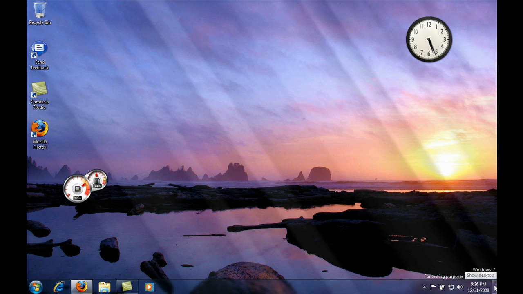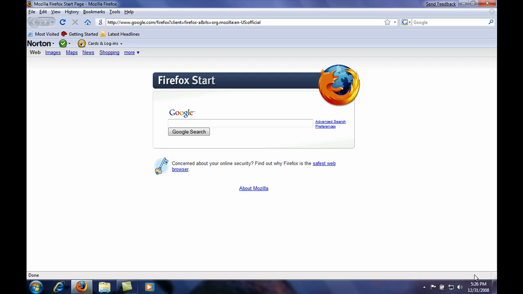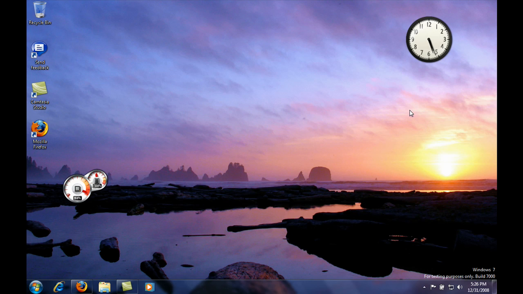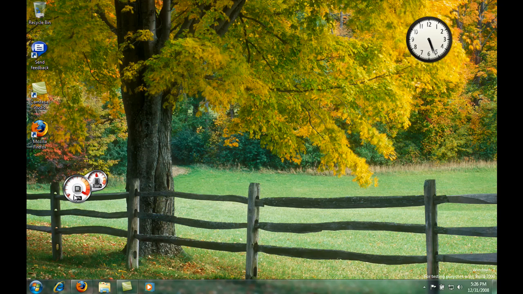and go over here, there's a little button now, show desktop. If you hover over it, you could preview your desktop without actually going to it, or I could click it to go to it. And you see that they're in the same exact place that I put them. Alright, another feature now is the